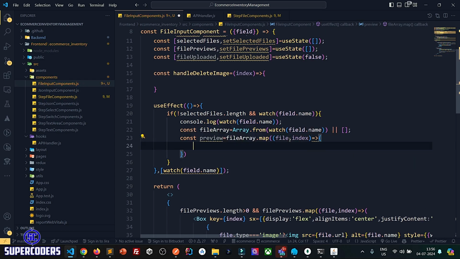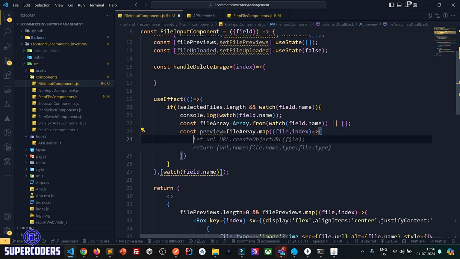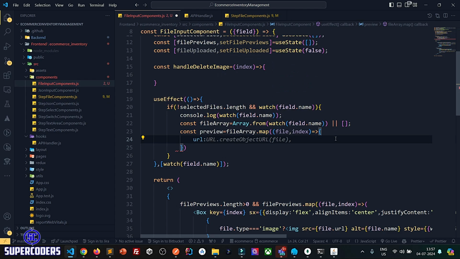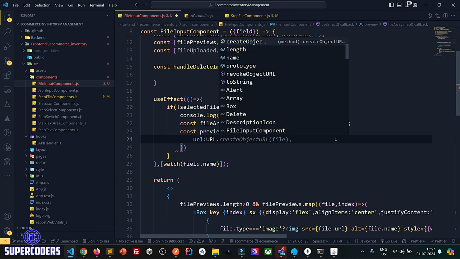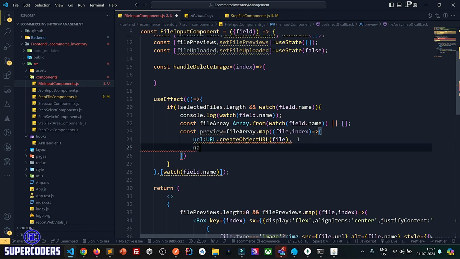index. Now we need to generate previews for the file. So what I'm going to do, URL.createObjectURL(file). So here I'm just creating a preview URL from the file by passing the file object. After that, name: file.name,